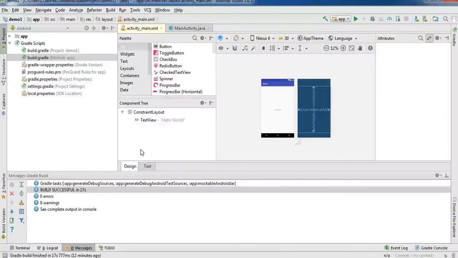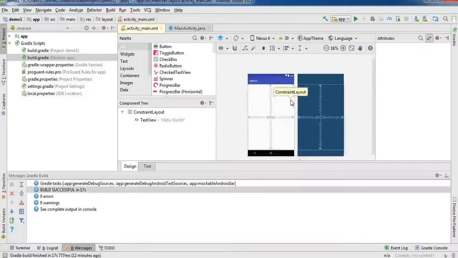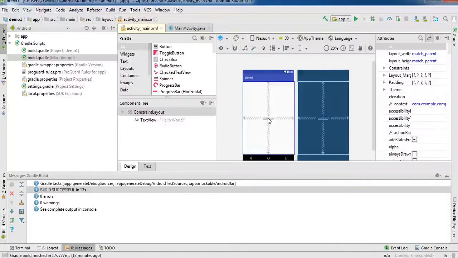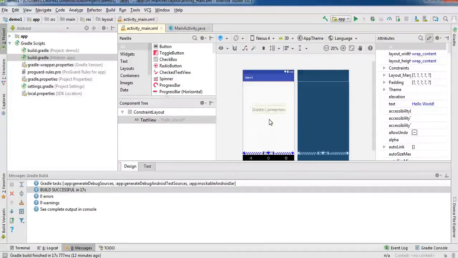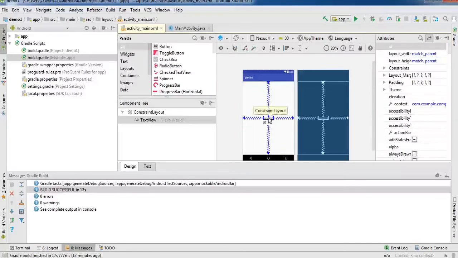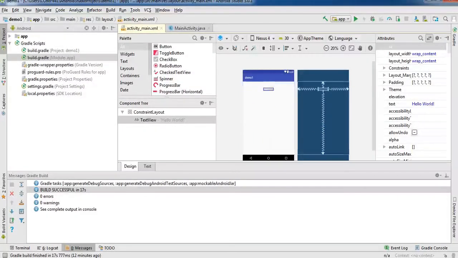So here one text message appears as Hello World, and we are going to put this Hello World at the top right corner, and again we are going to write something in that Hello World. So here the text is, this is my first project.